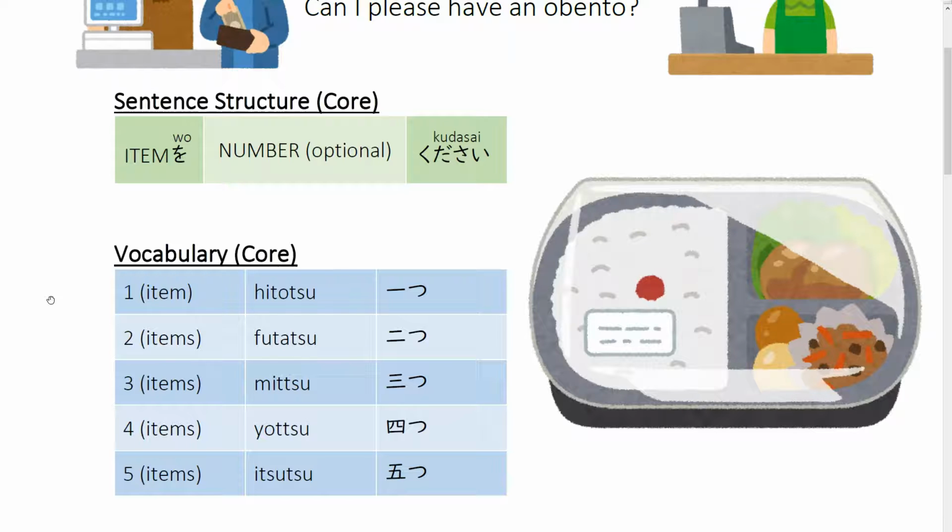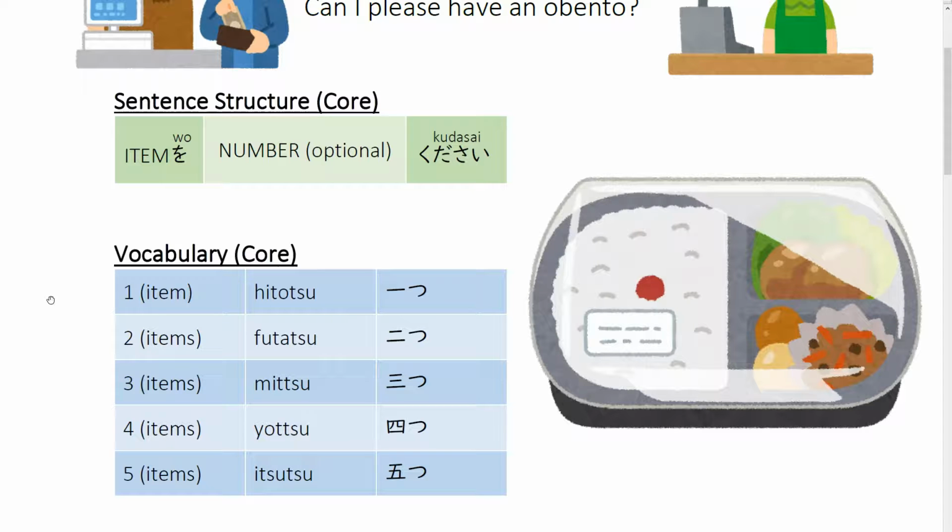So when you're reading this or writing this, it is absolutely no more difficult than the numbers in kanji, which you have known since year 7, followed by tsu, which is what you've also known since year 7. It's just when you're saying this and or hearing it that you are going to have to remember these 5 new words. So once more, 1 item is hitotsu, 2 items is futatsu, 3 items is mitsu, 4 items yotsu,